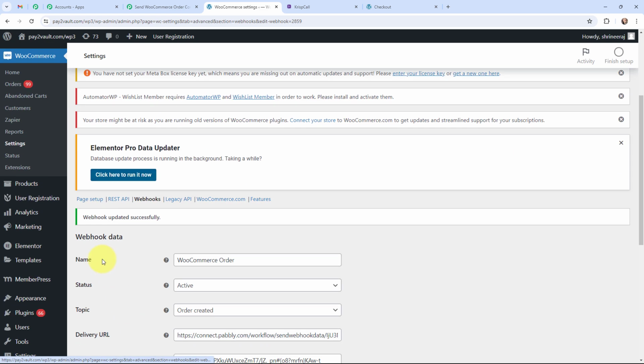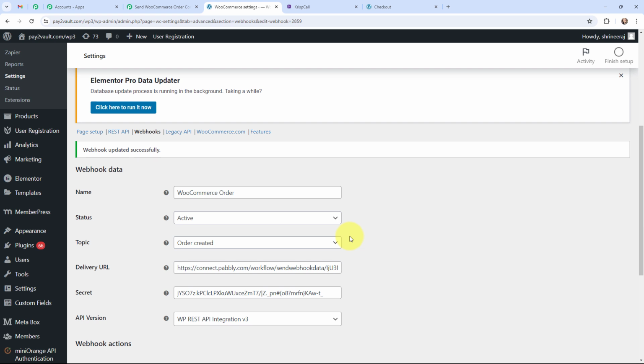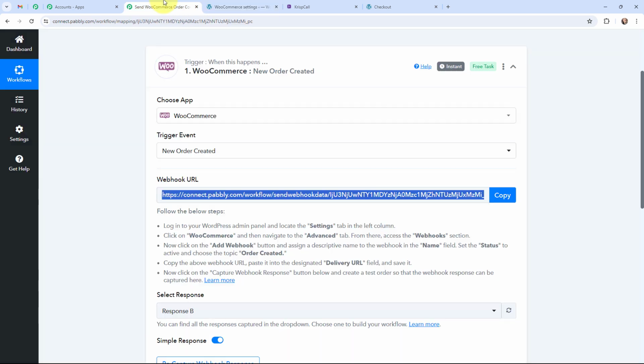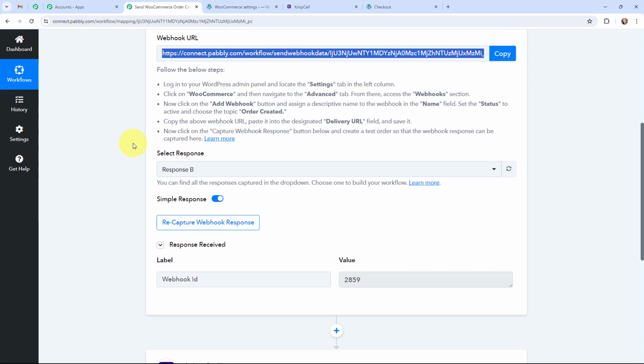So as I did that, here you can see the webhook updated successfully. That means I've successfully added a webhook inside WooCommerce. That means now whenever a new order is created, automatically the details of that order will be sent to Pabbly Connect. So now, taking you back to Pabbly Connect, here you can see that I have received a